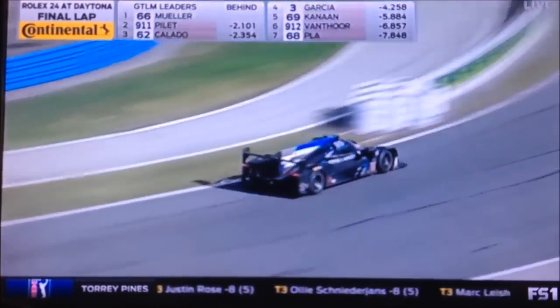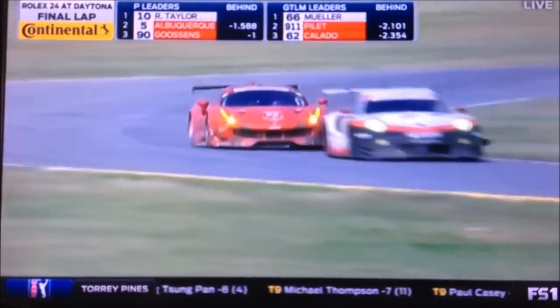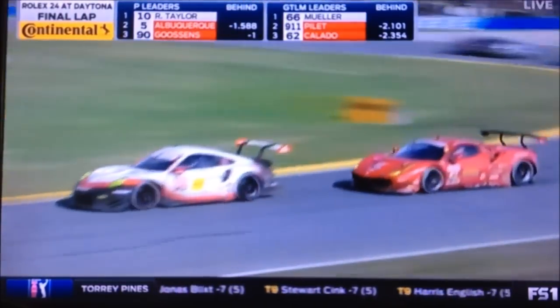The white flag, Ricky. One more lap, Rick. One more lap. You heard it. One lap to go at Daytona in the Rolex 24. And I'll just put a period on it. We don't need to discuss it anymore. The officials have a lot more views of it than we do. Yes, they looked at a lot of different angles. They made the decision. That's the decision that you have to live with. You love it or you hate it, but that's the way it is, and we've got one lap to go